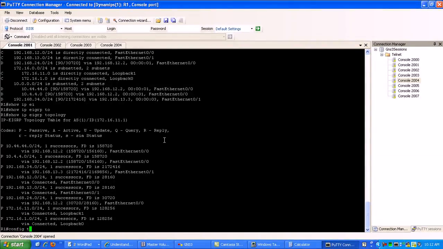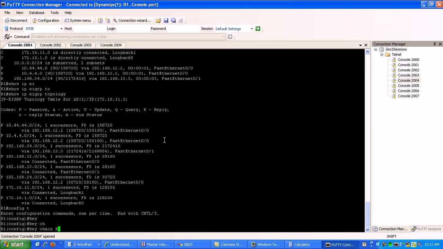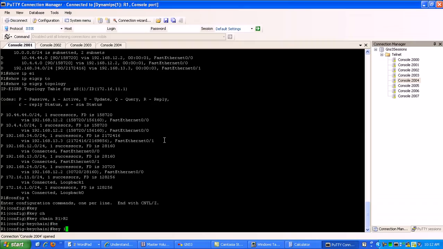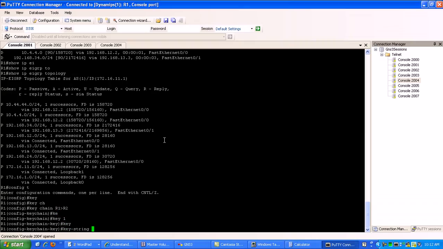Configure it first. The first thing that I like to do here is the keychain. We'll name it router 1 or router 2. Then we'll have one key. So key 1 will be the key string, which is the password. We'll just call it Cisco,